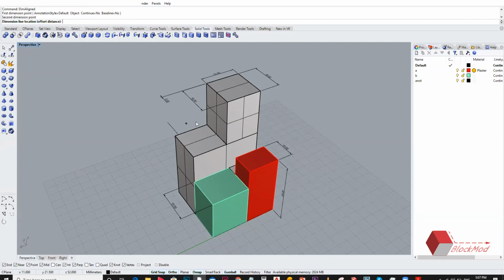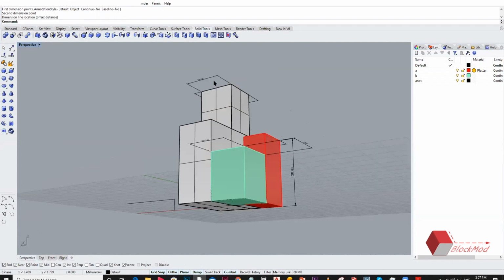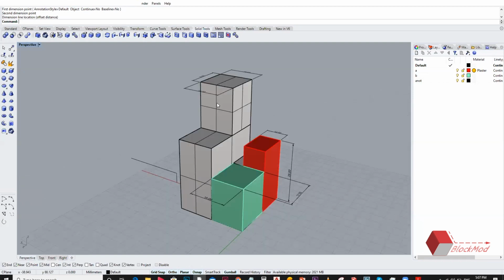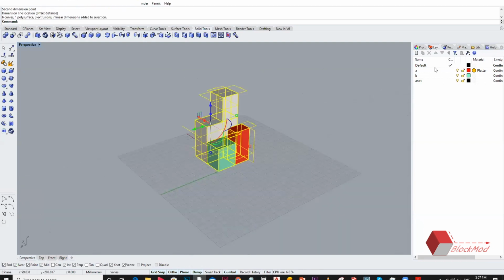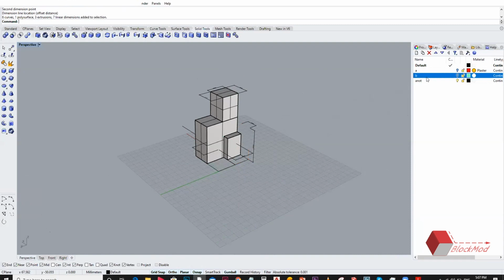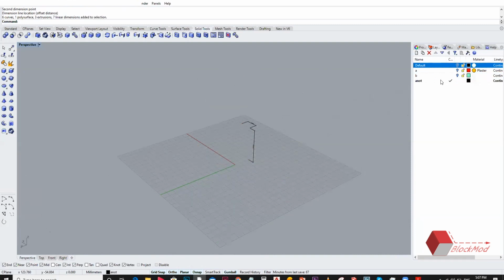I can diagonally grab it, but it will still place me the same. Okay, I'll just lock these things. Oops.